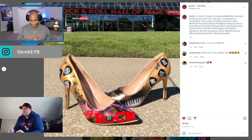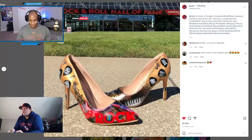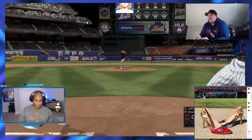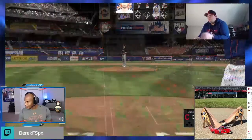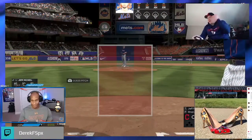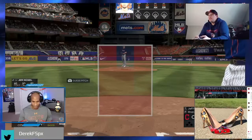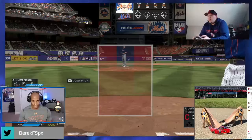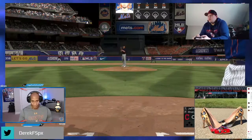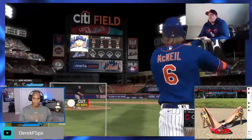My first pair was done for a wedding, but that pair right there was for Ohio Guidestone. I connected with them, and they had an event at the Rock Hall called the Ohio Guidestone Gala, to help raise money for Ohio Guidestone, and it also kind of played hand in hand with